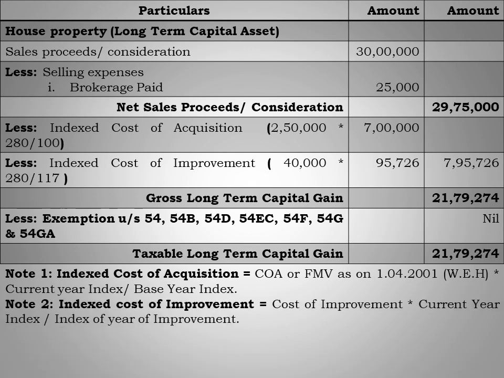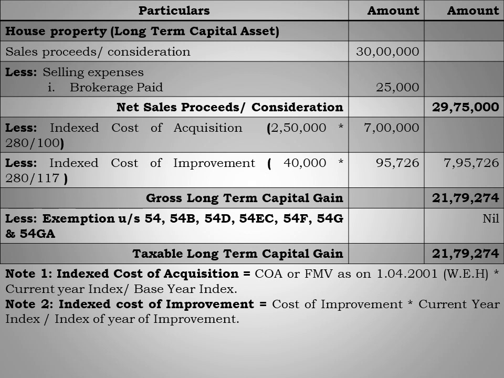The formula will be like this: the indexed cost of improvement equals cost of improvement multiplied by current year index divided by index of year of improvement. And the cost of improvement is 40,000 rupees multiplied by the current year index, that is 280, divided by the index of year of improvement, that is 117. That comes to rupees